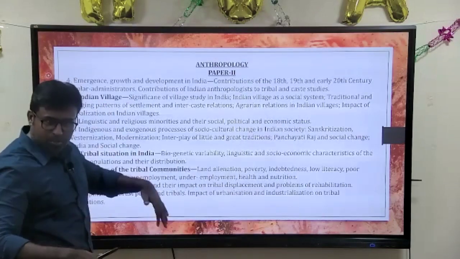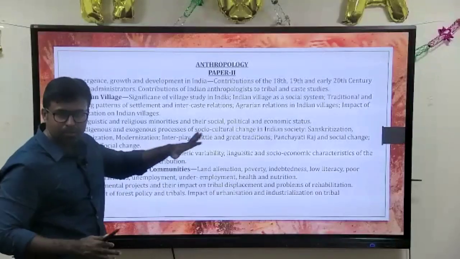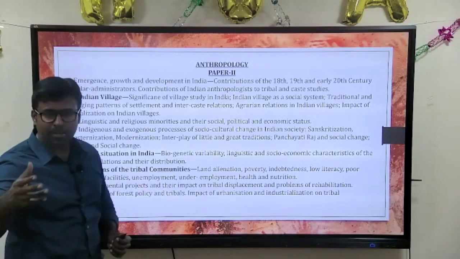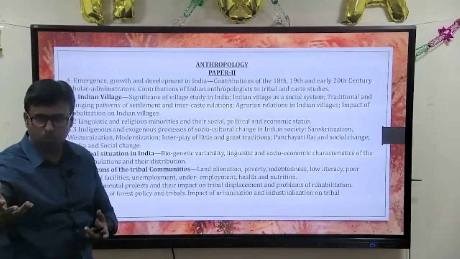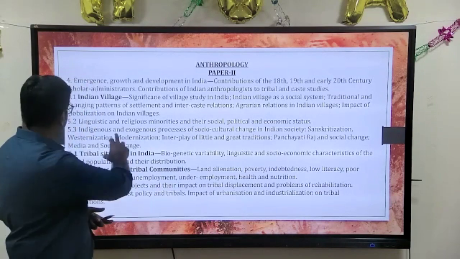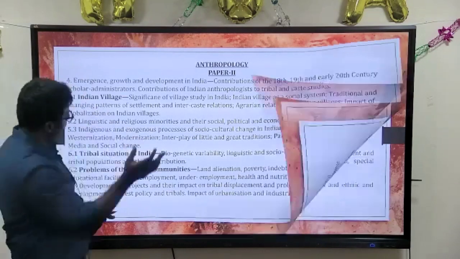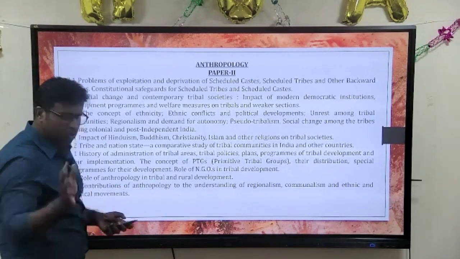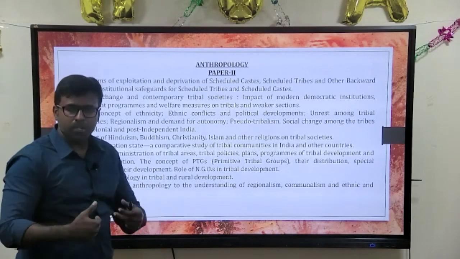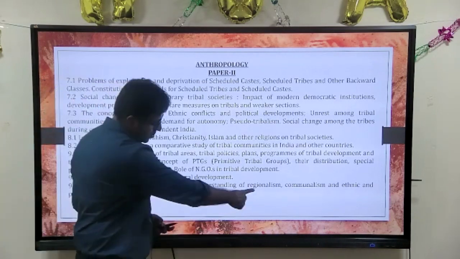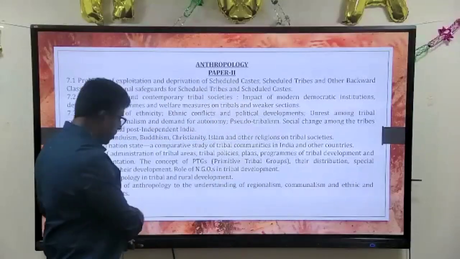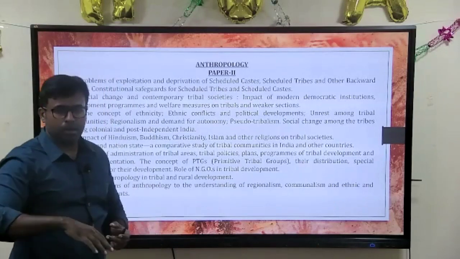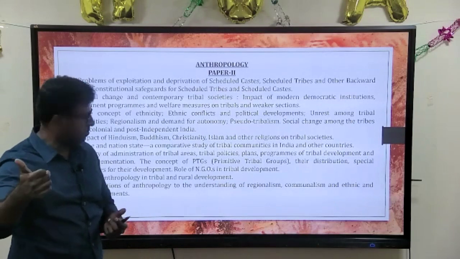Culture, village, and then tribes and tribal India. This is the maximum portion in this part. All these are nothing but a collection of people as a group, as a culture, for propagating their genes. Now you see it here. Many topics of the second paper are actually GS paper 1. Once you learn all these groups, we need to know how they conflict with each other. You have regionalism, communalism, ethnic and political movements, which is actually paper 1. In GS paper 1, if you see, communalism, secularism, many things are there.